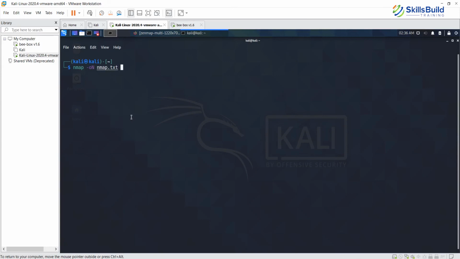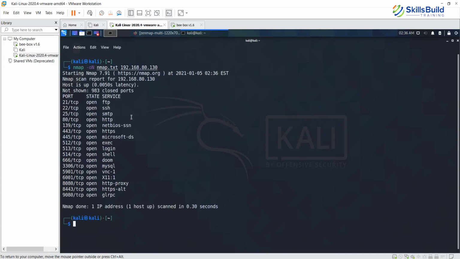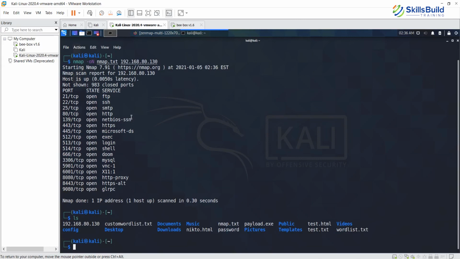All right, so it should have created it. Notice that it has generated the file nmap.txt. I'm just going to clear the screen. Now, same output, I am going to send it into an XML file.